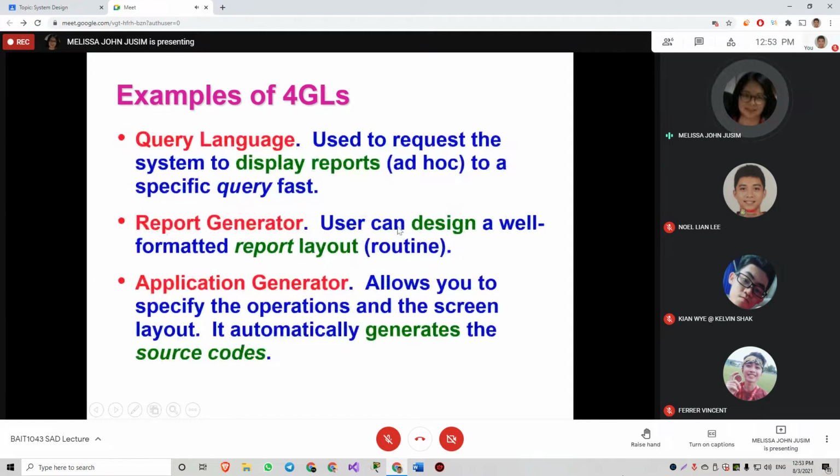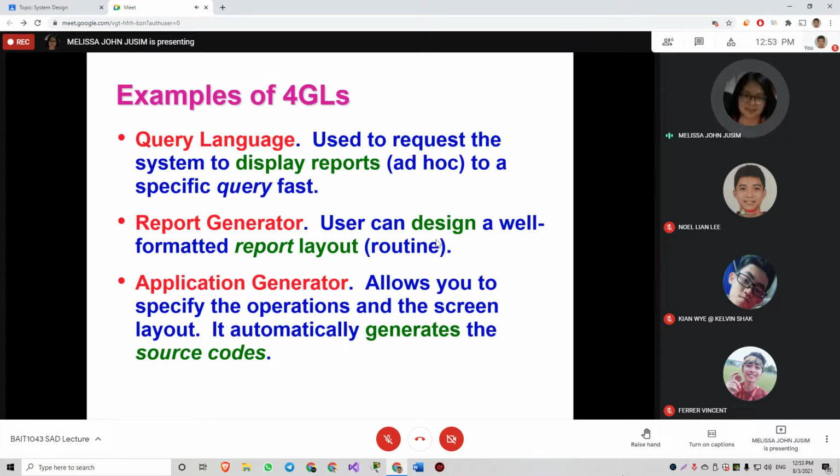For report generator, this is where the user can use drag and drop. It's very easy to come up with a report layout by dragging what you want to include in your particular report design.